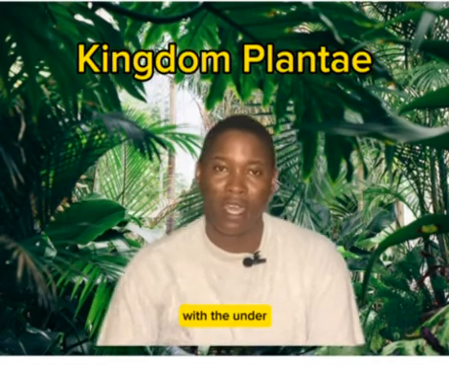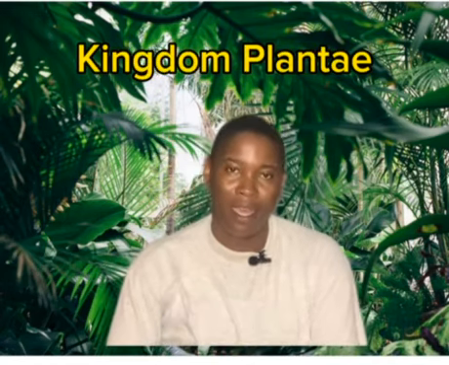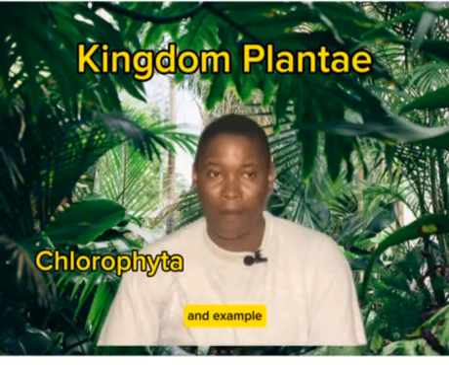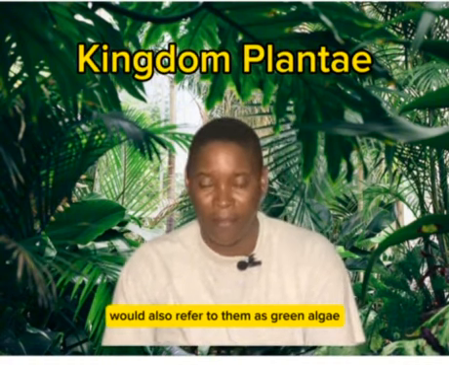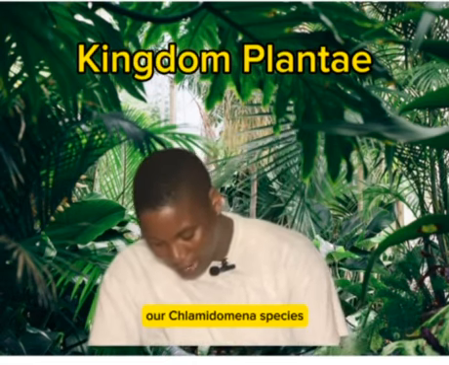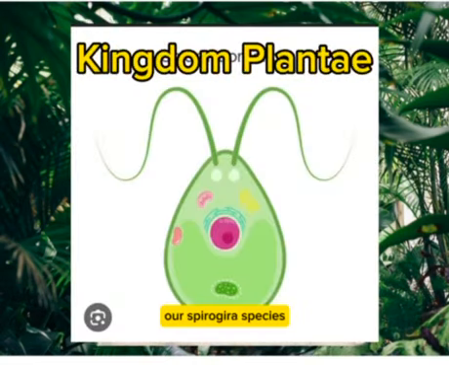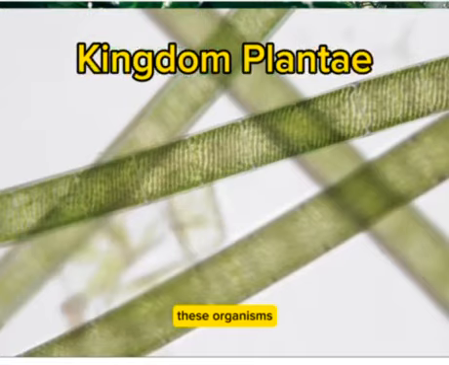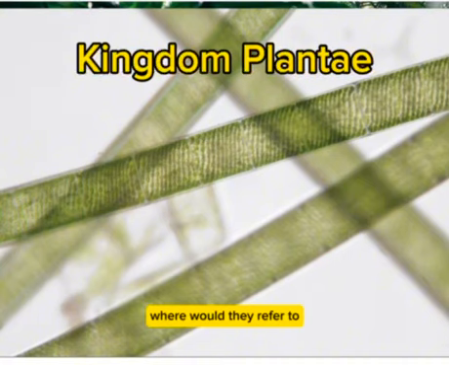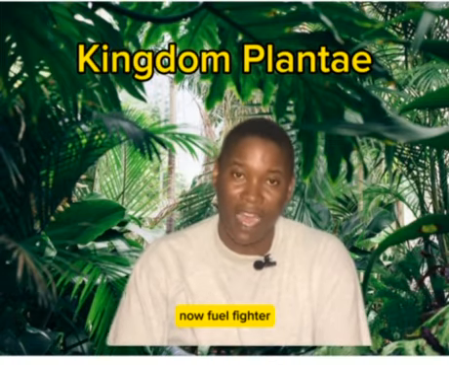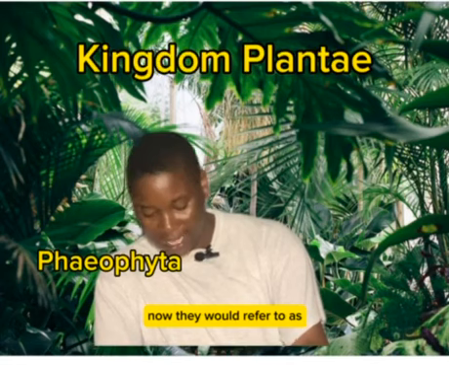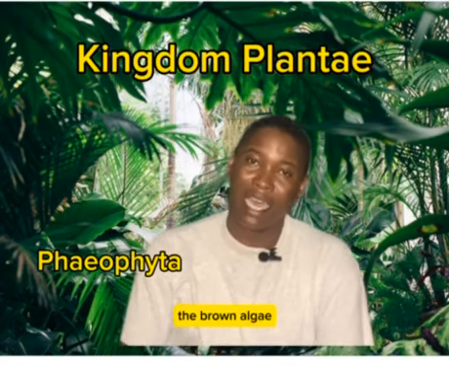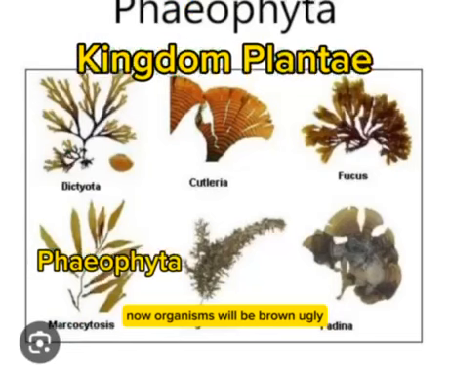The second group wey dey under this Talophyta na our Chlorophyta. Na them be the most common ones wey we know. We dey also refer to them as green algae. And different examples wey dey there include our Chlamydomonas species, our Spirogyra species, and our Volvox. E dey important to note these organisms and know say these organisms dey together under the group wey we dey refer to as Chlorophyta. This one dey important. Then the third group na Phaeophyta. Phaeophyta na them we dey refer to as the brown algae, and a very good example na organisms wey we dey call kelps. Kelps na organisms wey be brown algae.